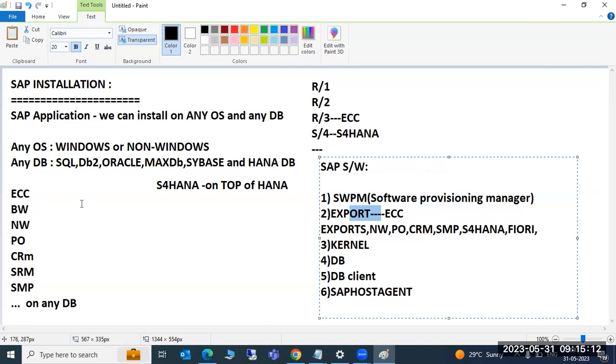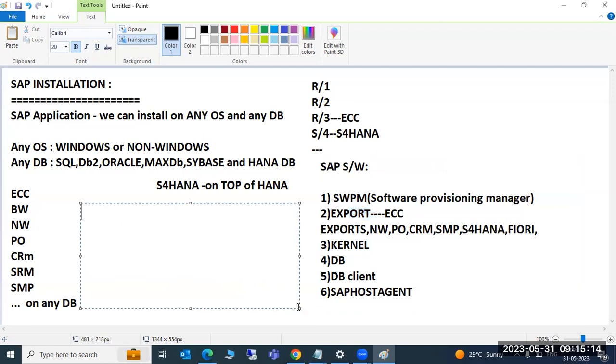Sir, where can we download all these softwares? We have to download these softwares from the Service Marketplace, where all the softwares, all the media, all the dumps, all the documents, all the keys, licenses, everything is available in one common place. Suppose you go to the market, where all the vegetables and everything are available in one place, right? Here also, when you log into the Service Marketplace, the SAP marketplace,